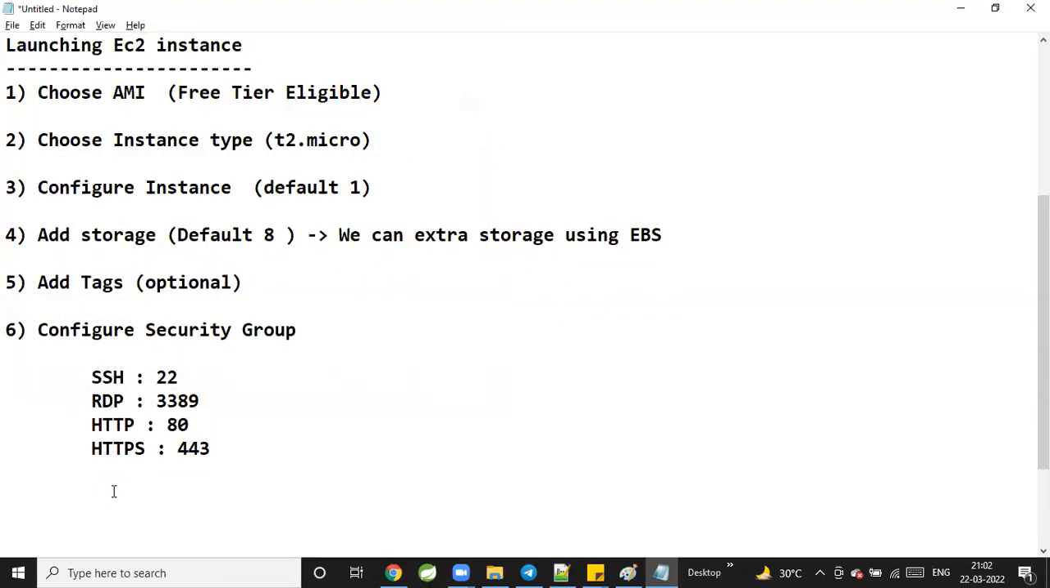Add storage, by default 8. If you want extra, you can add it by using EBS, up to 30 GB. By default, it is giving 8 GB. Add tags, key value, security group. Security groups allow the traffic to